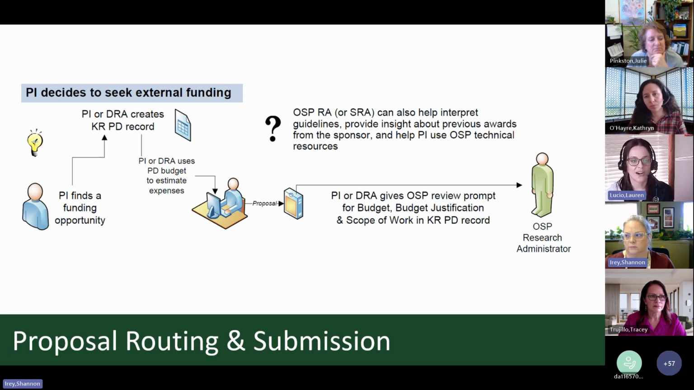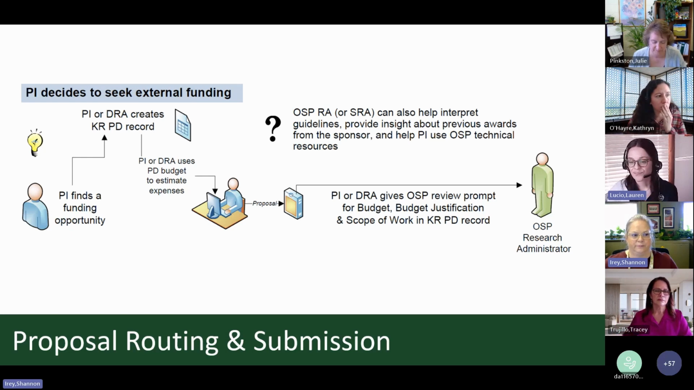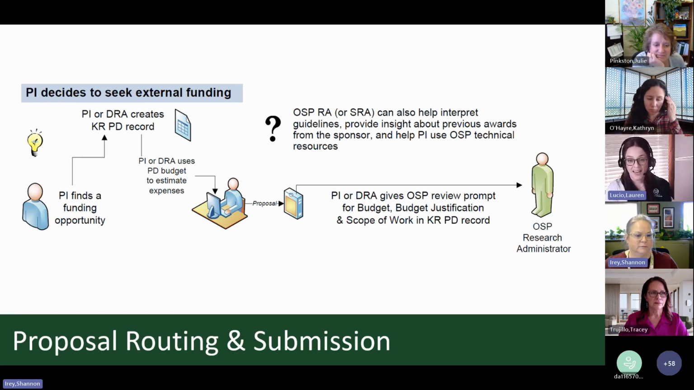There are various ways across campus that PIs notify us of their plan to submit. In the College of Natural Sciences and in the College of Engineering, I know there's an online notification form that PIs can fill out, and when they submit it, the information goes directly to their respective support teams. In Tracy's college, Warner College, PIs initiate the KRPD record themselves a lot of times, and then they just collaborate that way. In any case, we're collaborating with the PI to get their budget information into the KRPD